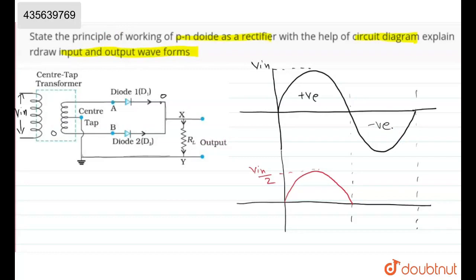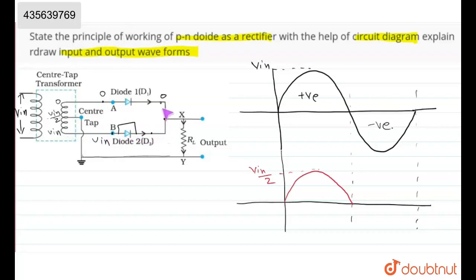So for the negative part, what we will have here, we have V in here and 0 here, in the middle V in by 2. At this point we have V in, and from here we can see this wire is continuous, so we have something less than V in, so this will be forward biased and will act as a short circuit. And for this diode we have 0 here, and as this is short circuited, this V in